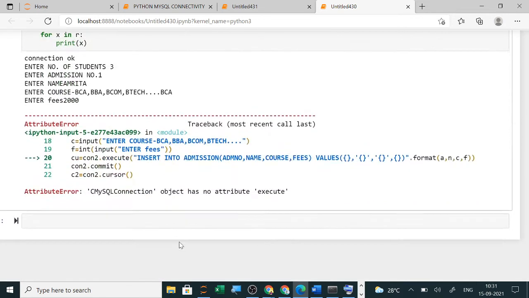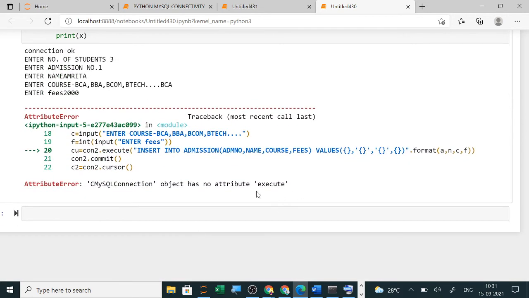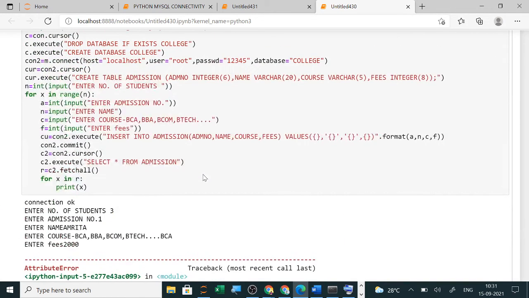Yes. Now again it is showing an error. Why? Object has no attribute execute. Let me see what happened. Insert, this bracket is open here, double quotes. Till here it got executed, but insert is not working.